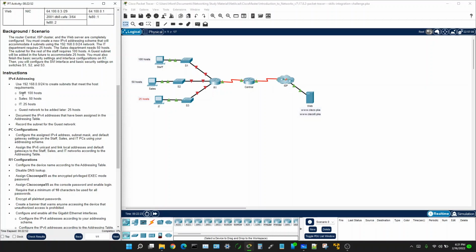First we're going to work with staff, which requires 100 hosts, and so on, working from the most host requirements down to the least. That is a best practice when you're doing variable length subnetting, because you do not want to end up having overlapping in your addressing scheme. So as a best practice, you always begin with the highest amount of